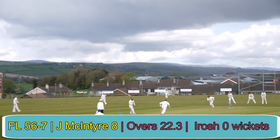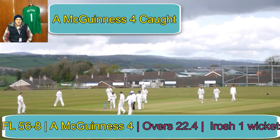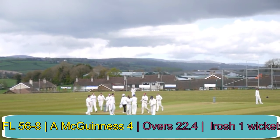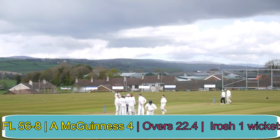We know for a fact there was one, and that's just chipped straight up, and he's made that dramatic there as the young man. It's a very young man there in the field. He's made that very dramatic. Of course he is. He wants to try and make himself look good on camera, as Andy McGuinness has to go for 4. Fox Lodge now 56 for 8, and this is abysmal batting from Fox Lodge, but in fairness,